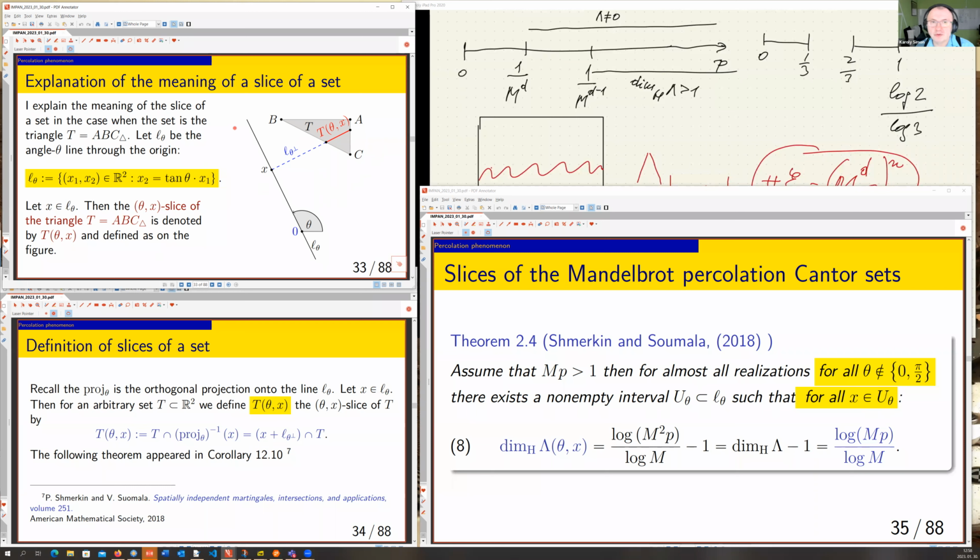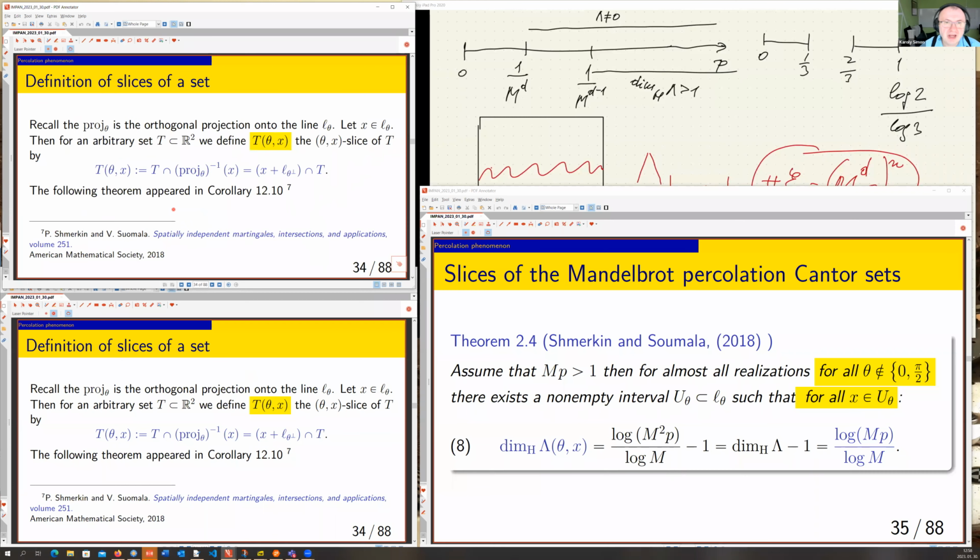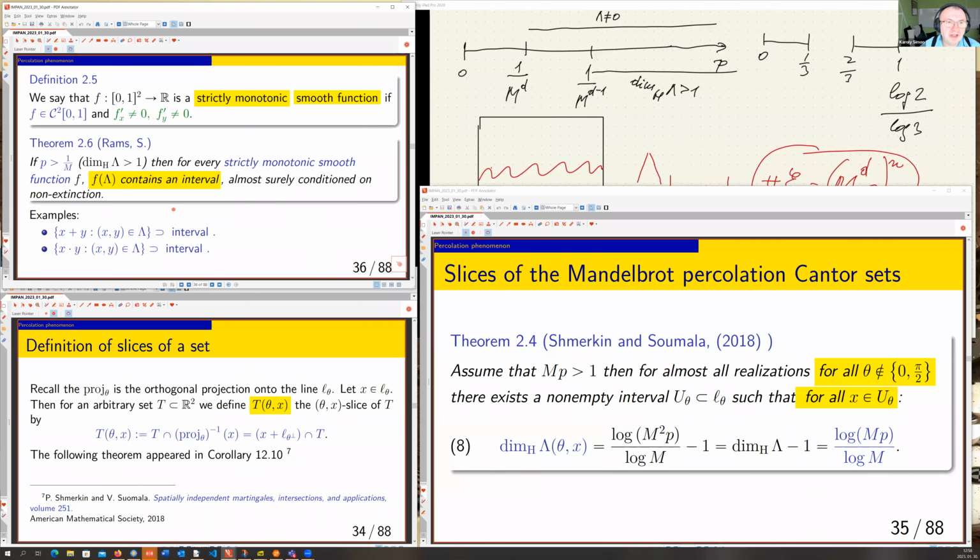But there is an interval for which this happens. So that's a beautiful theorem, and it also shows that when you have this homogeneous situation, then everything is really marvelous. And we also had one more theorem with Michal Rams,